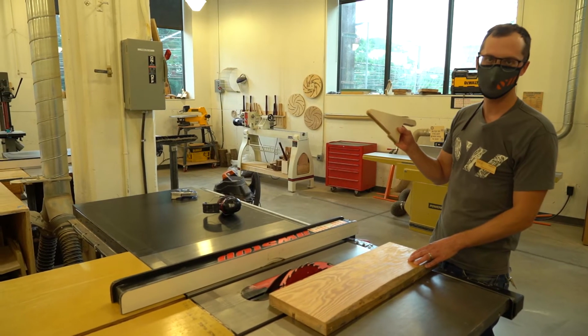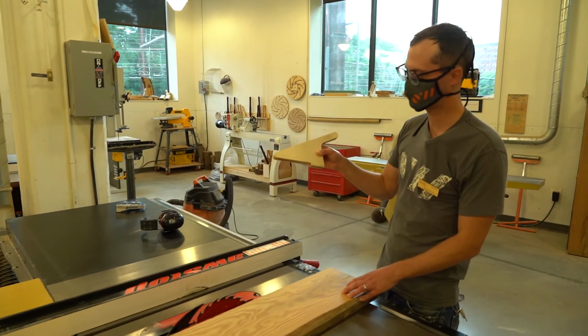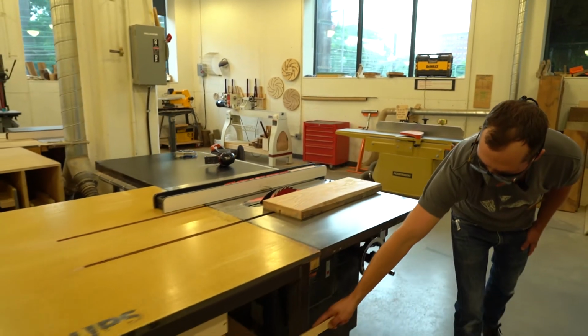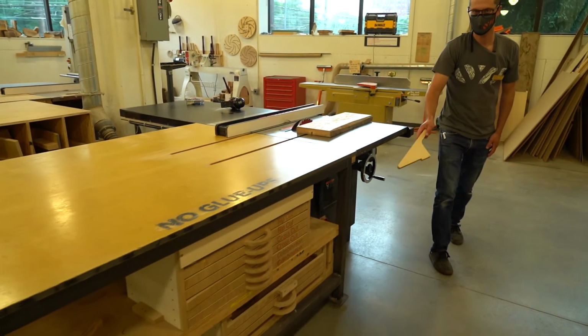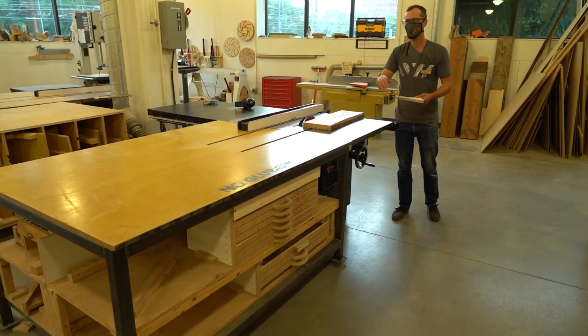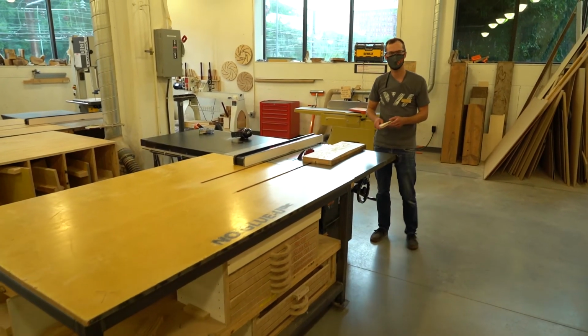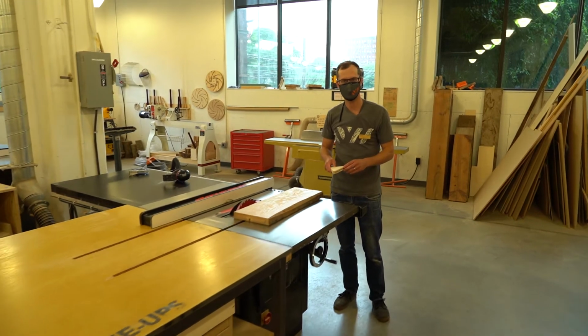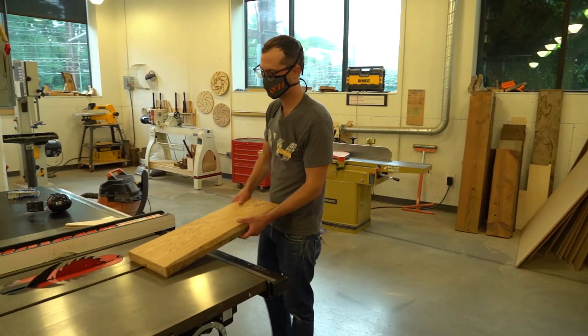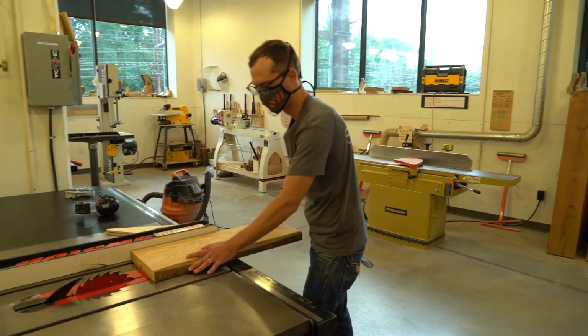The last thing you need before you start cutting is a push stick. We keep push sticks, generally there's a small pile of them right here under the outfeed table. If this supply is out, because they get chewed up, we keep a back stock in the dust collector cabinet. Please just ask a tech for one. When you're pushing your material through the table saw,